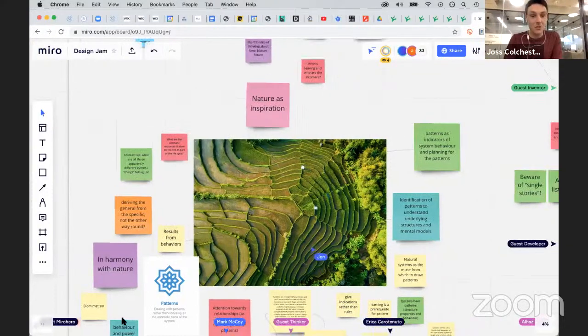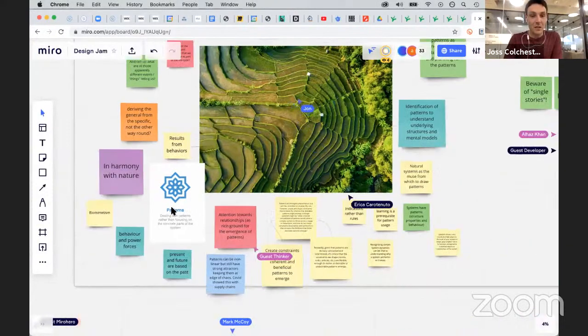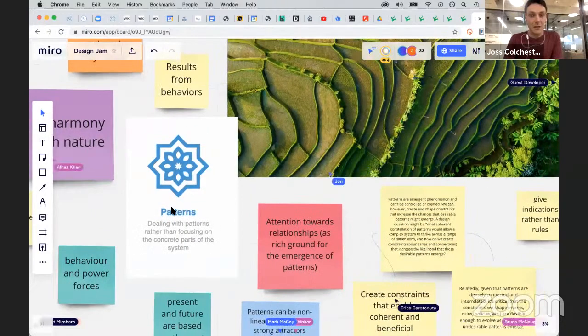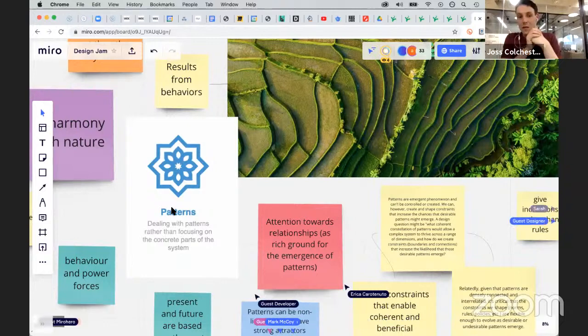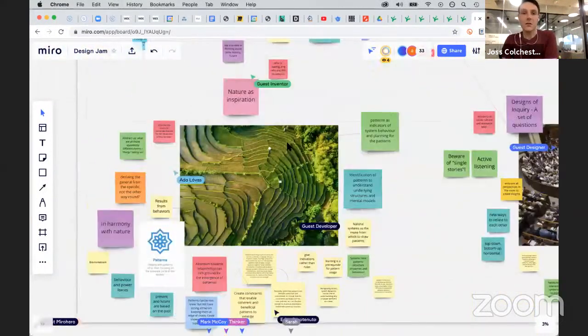So nature, this one's around patterns. Systems thinking is a lot around patterns. This idea that someone famously said, systems thinking is about stepping far enough back that you just kind of blur all the details to some extent, and you start to see the patterns in the details instead of just all these little parts. You're able to start to see the dynamics and patterns and so forth, and then design for that, dealing with patterns rather than focusing on the concrete parts of the system. What would that look like in this context?